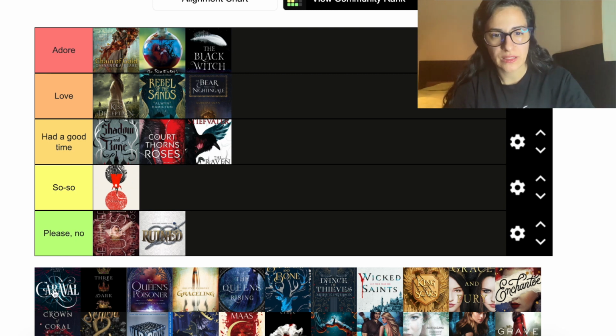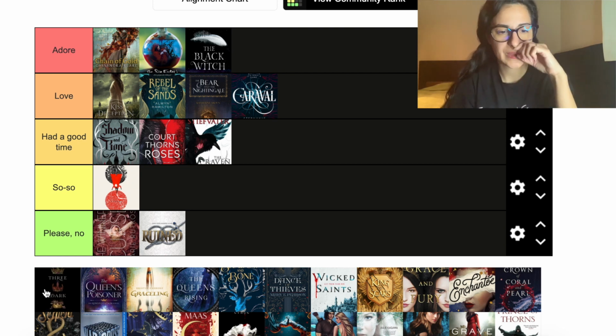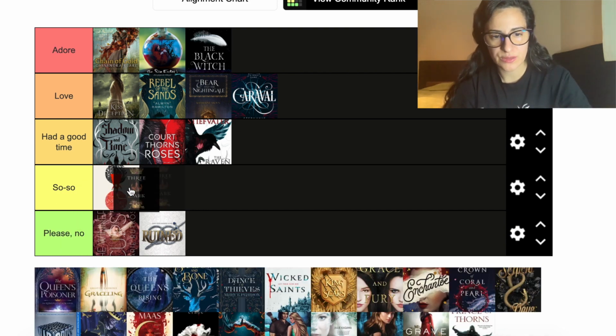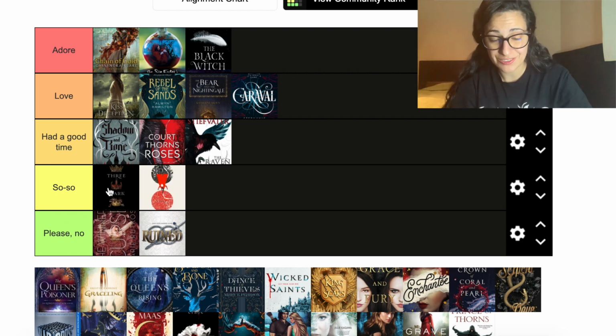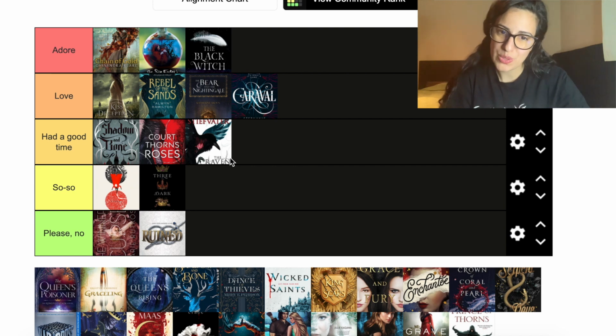Okay, Caraval, love. I think all 3 books were very solid. Okay, so Three Dark Crowns. This is going to be tough because I really adore books 1, 2, and 3, and then I absolutely hated the final book. So I don't know, the final book really ruined the series for me. So I'll put it in the so-so category for now, even though I really loved the first 3 books. So the first 3 books would be here in the love category, but the final one is in the